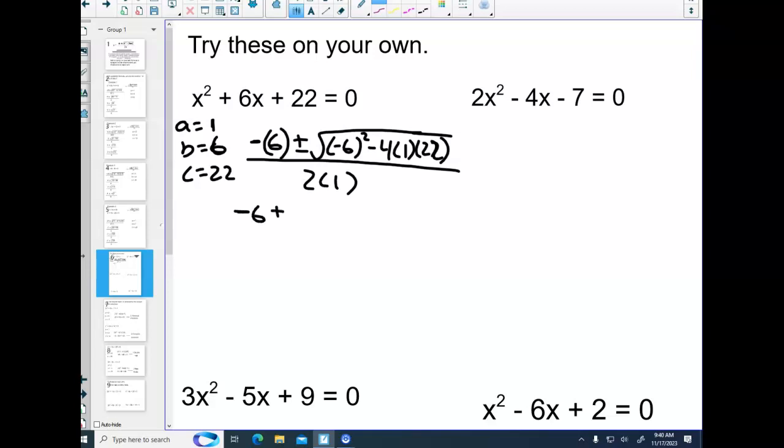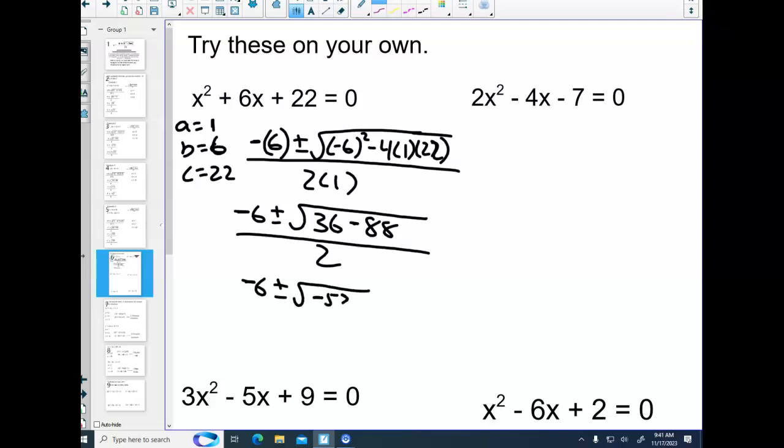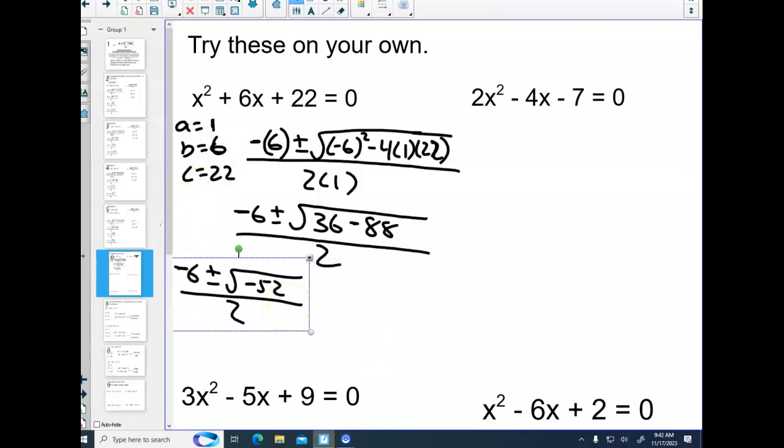This becomes -6 plus or minus. -6 squared is 36. 4 times 1 times 22 is 88. And that's all over 2. And then we clean it up here. It's -6 plus or minus the square root of -52 over 2. When I get to here, okay,